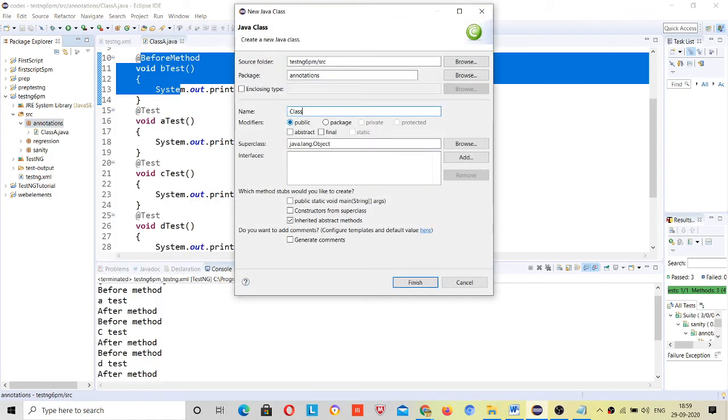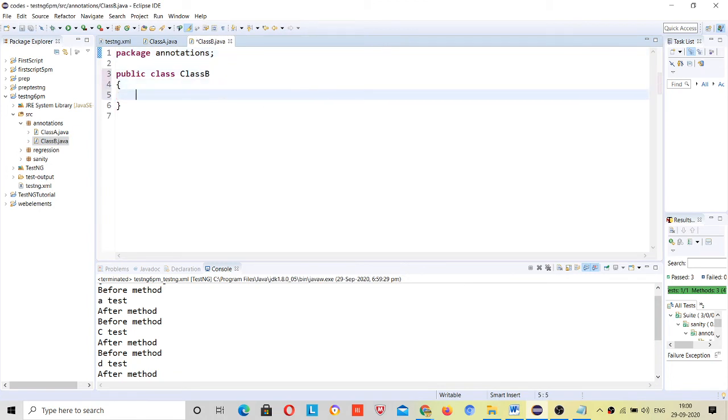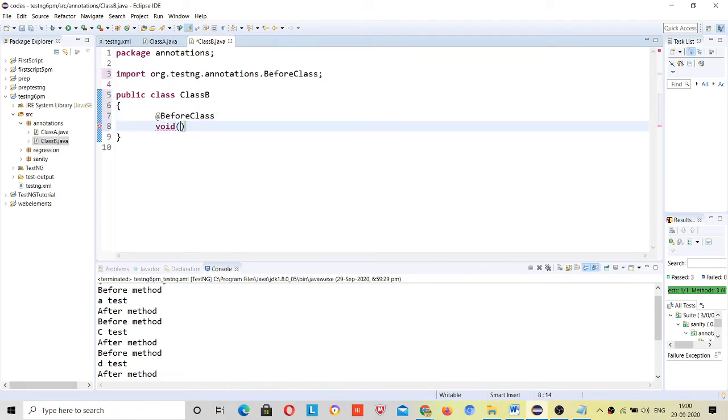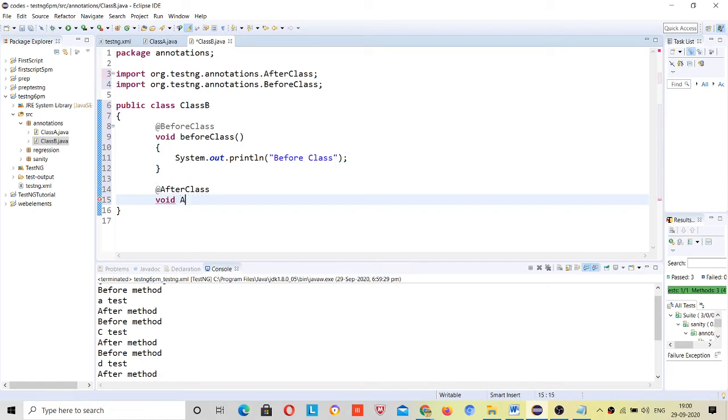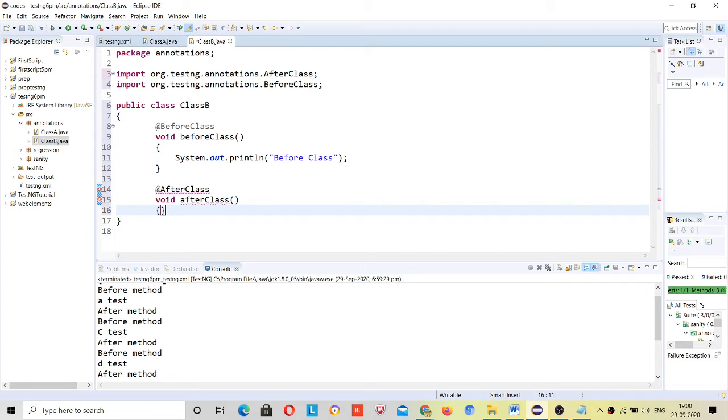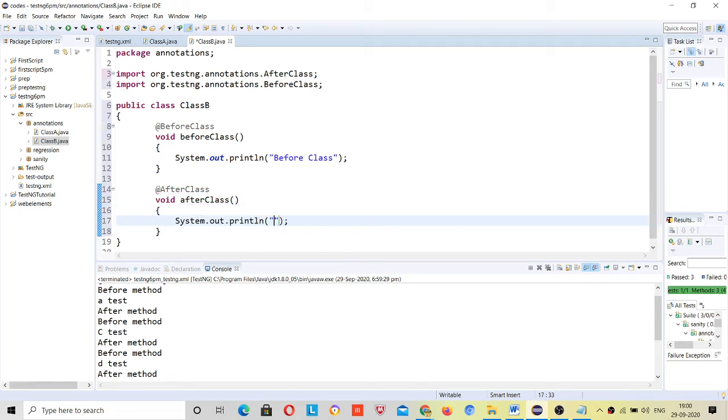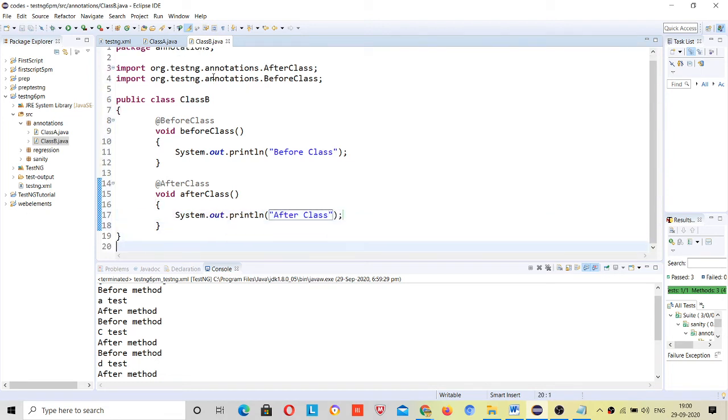Class B. Now if I have at the rate before class, void before class, right, and after class, right, and I have to include this class, otherwise it will not work.